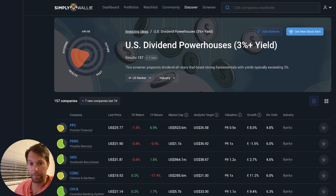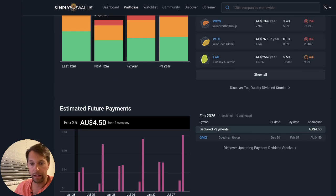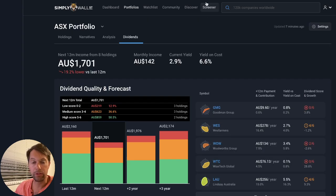And if I go back, I can also find upcoming dividend payments, because again, we know when companies are going to pay those dividends, so I can look at upcoming dividend payment companies here. So that then leads me to